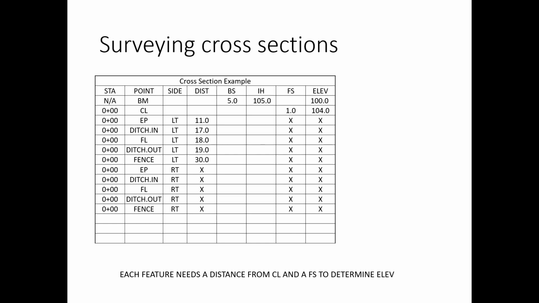So that's pretty much the idea behind doing cross sections. And again, as long as you don't need to move your instrument and do any turning points, you will just continue to keep shooting foresights each time. But if you do have to reestablish the instrument height and move it, again, pick a spot, a good turning point. Ideally, use something different than just the center line of the roadway, a more defined thing